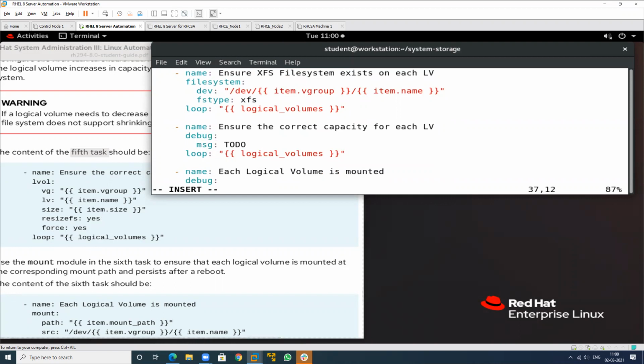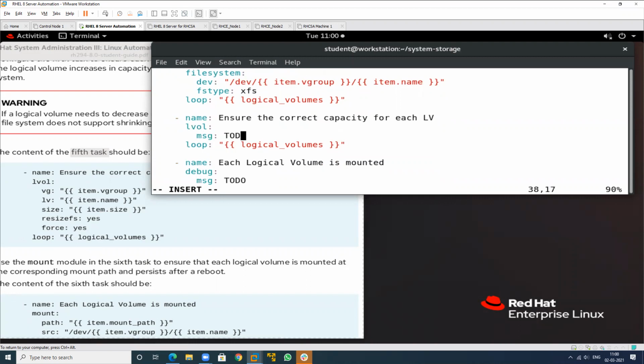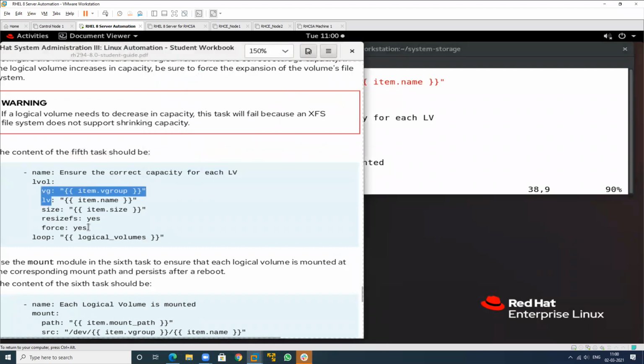Just remove this debug module and message, and use these four values here.